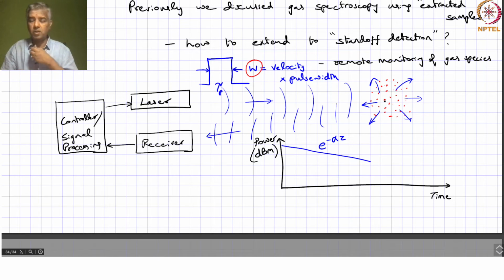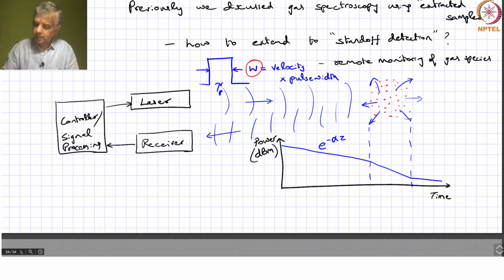Why is that extra loss? Because normally you have this scattering happening, but at this point there is further loss because of the absorption. So at that particular point, it will take a different slope, and then it will flatten out again, corresponding to regular